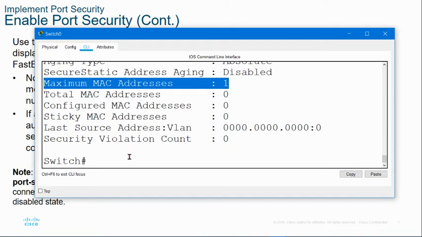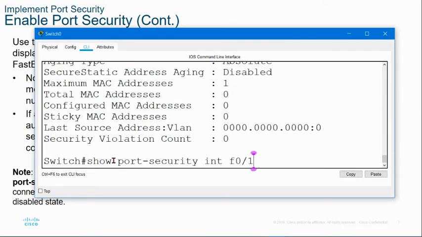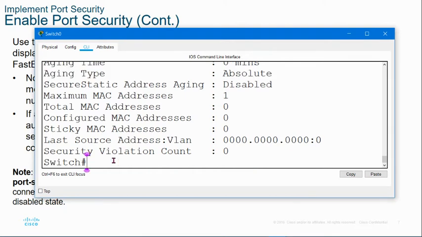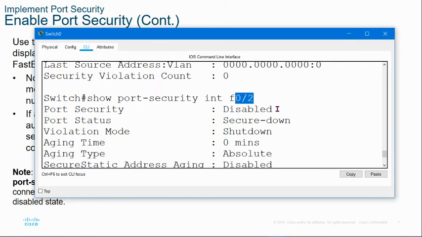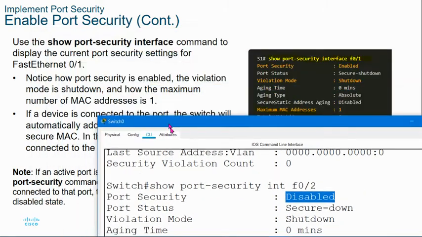Now, for example, if I execute the same command for interface F02, we will check whether port security is enabled in F02 or not. In interface F02, port security is disabled, because we have enabled it only on the interface F01.